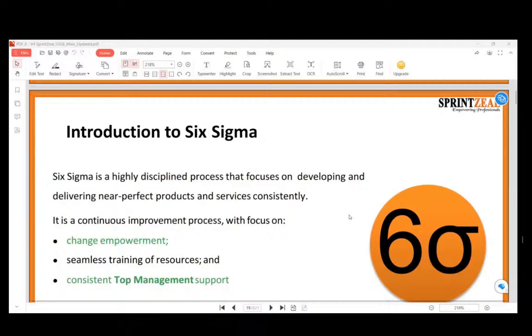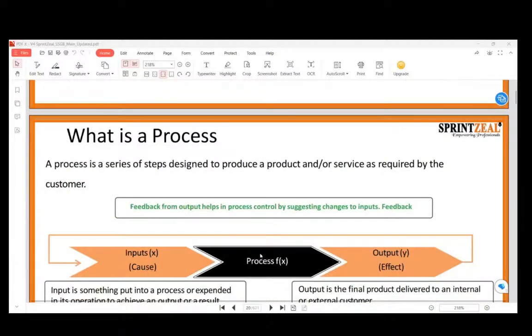NIMBY. Write down in brackets: not in my backyard. Not in my backyard. Okay. How are VA and NVA connected to this NIMBY part? Let's say the value added activity is that we are printing a t-shirt, where the printing materials and everything were good,